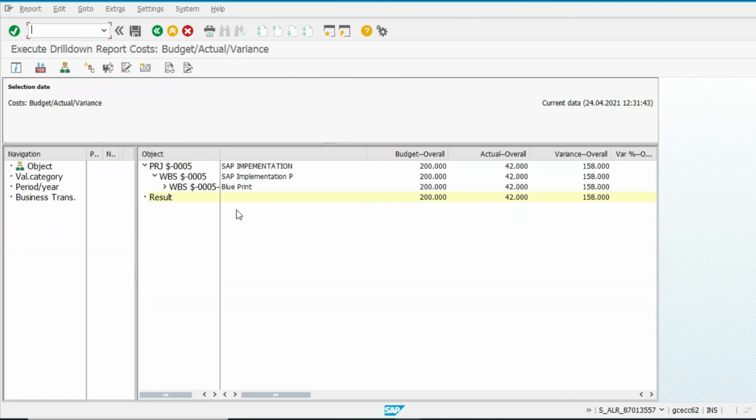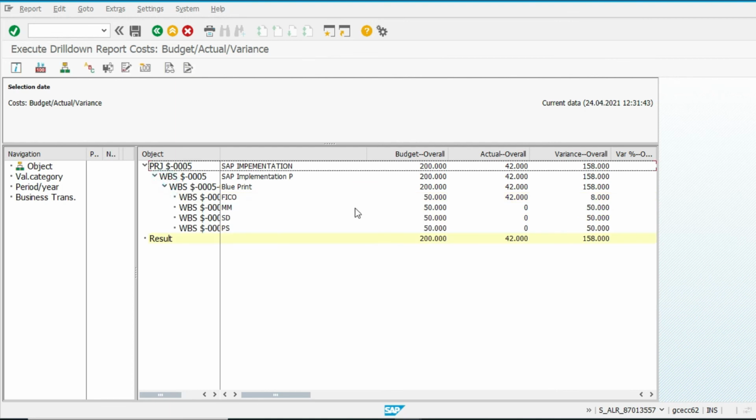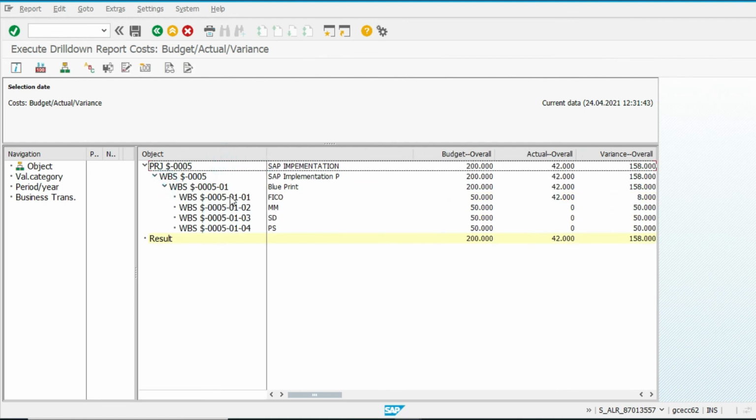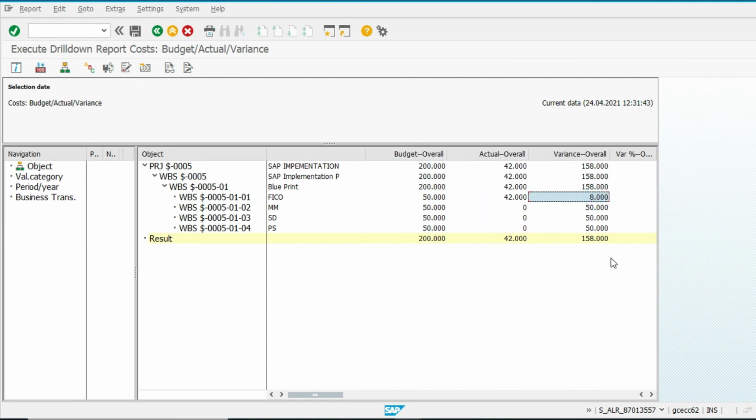See, this is how the system shows it. Overall budget is 2 lakh, 42,000 already used and 158,000 is balance. If we go WBS element wise, see, this is the FICO, allocated budget is 50,000 and balance is 8. So this is a report for actual annual. Thank you.